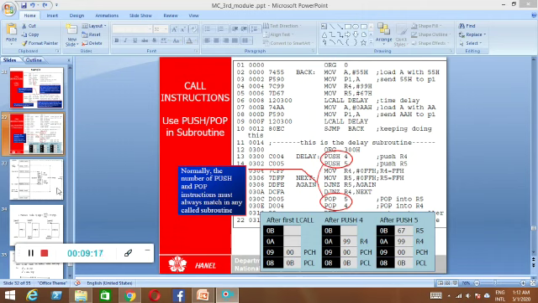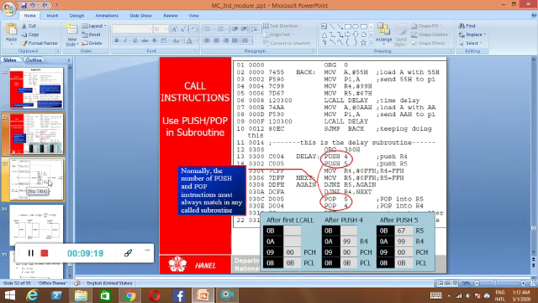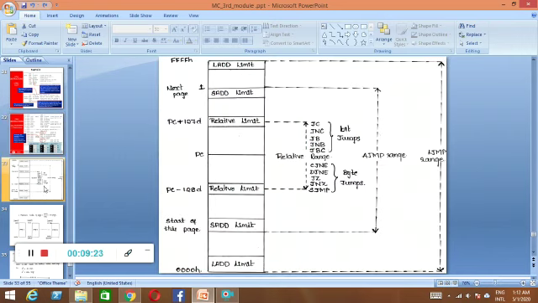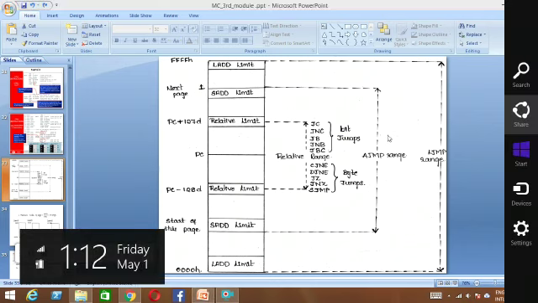Next, as we have already seen, is the range of the jump and call instructions. You just have to remember that for absolute jump or absolute call, the range will be 2 kilobytes, that is one page.